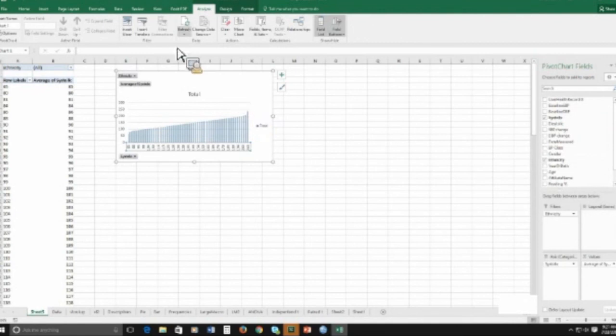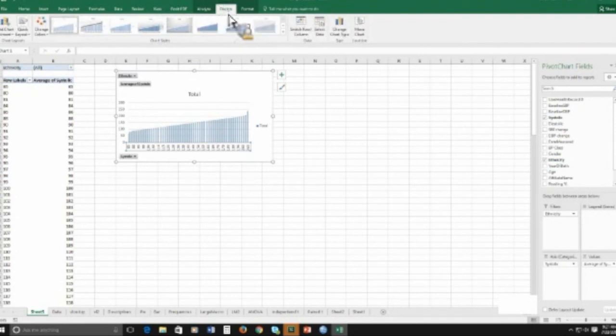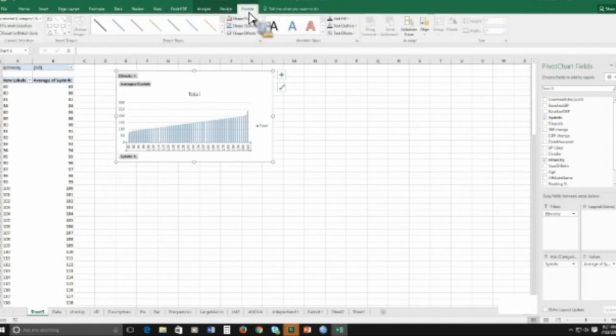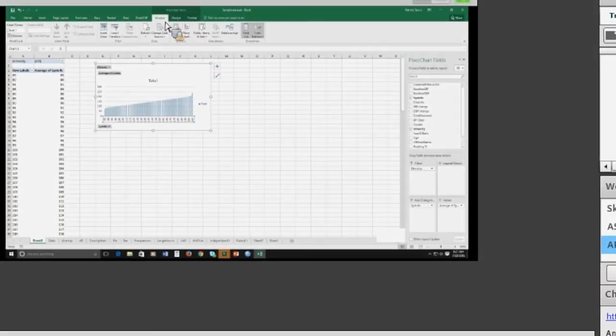And again, you've got a lot of options here. You've got your analysis, you've got your design elements, and you have your formatting. So like I say, with Excel, you just have to kind of play around with it to get it right. I'm going to go